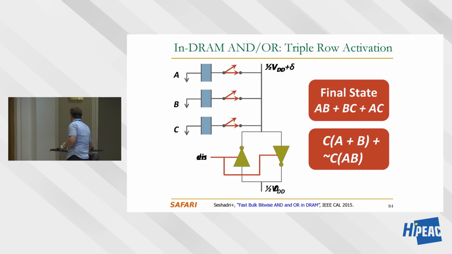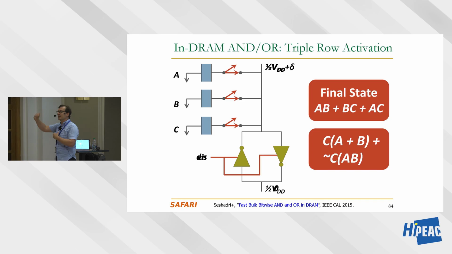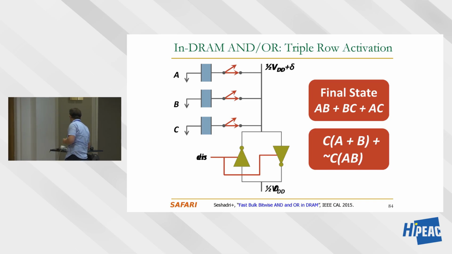Now, what happens is if you concurrently activate all these 3 rows, they will be connected to the bit line with the reference voltage, and they all perturb the reference voltage with the charge level that they have inside the capacitors. If at least 2 of these cells are charged, you will get the charge state at the end because the perturbation will be positive. If at least 2 of these cells are discharged, you will get the discharge state at the end because the perturbation will be negative. And in this case, 2 of these cells are charged, so this is how the circuit, analog charge sharing, will operate.